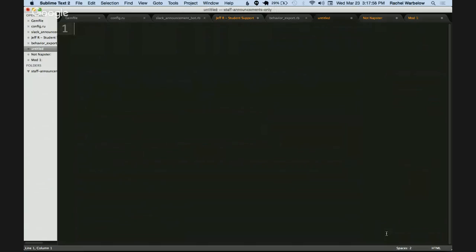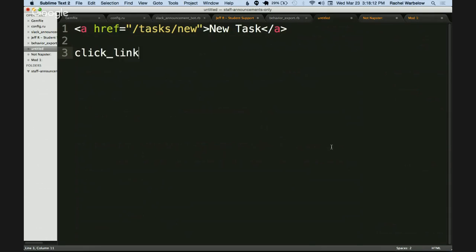So to show you what I mean, if I have a link here that's going to /task/new, and it says new task, then in my test, I would say click link new task,